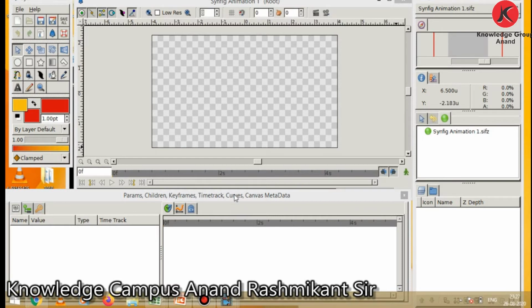So first, if you want to create an animation, then decide the timing of the animation. You can see here there is a time frame and it shows 5 seconds.